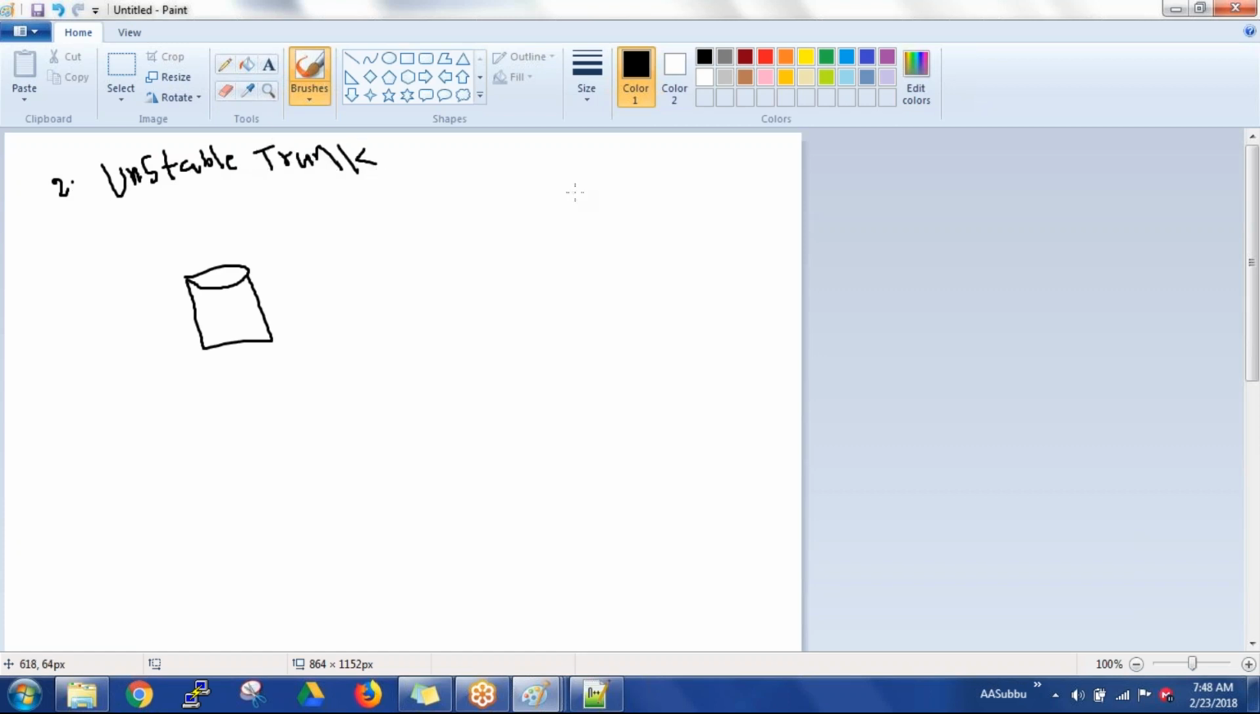Okay, the unstable trunk. They have a repository. Developers keep doing the changes here. Okay, and once the changes have gone to the production environment, what they will do is create a tag,